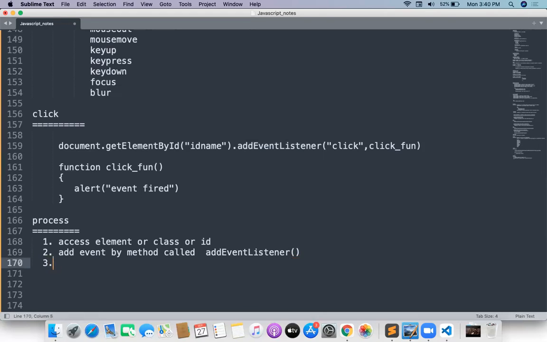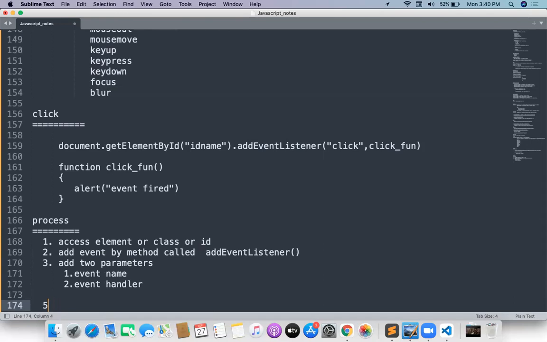And the third point, add two parameters. The first parameter is what? Event name. The second parameter is event handler.